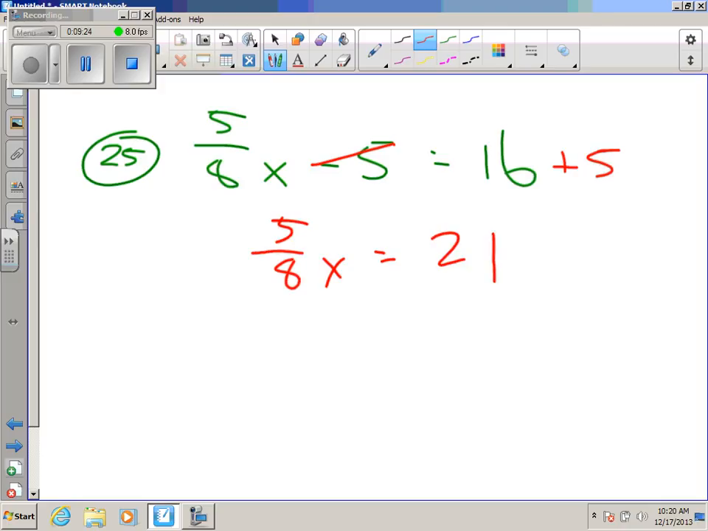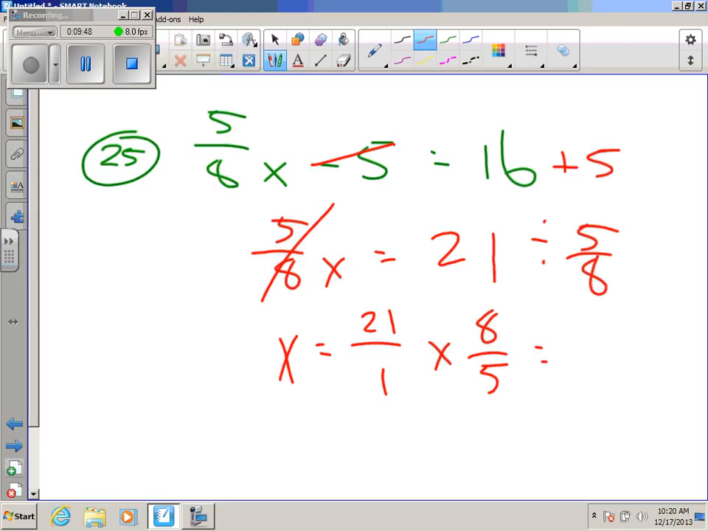(5/8)x now equals 21. Now we can divide both sides by 5/8. Therefore, which one flips? 5/8 to make it 8/5. Anything we can do with the 21 and the 5? No. So 21 times 8: 20 times 8 is 160, plus another 8 should be 168